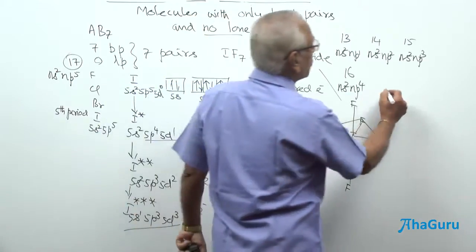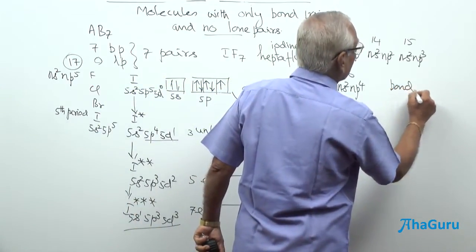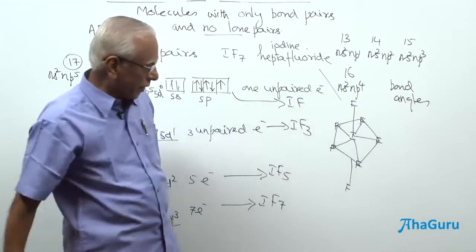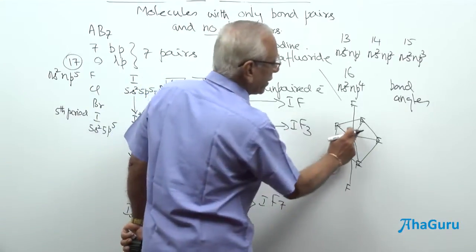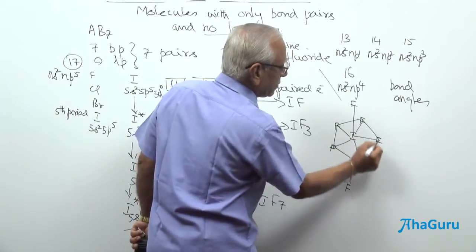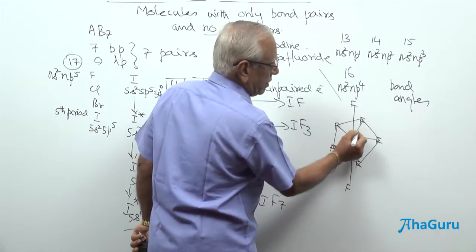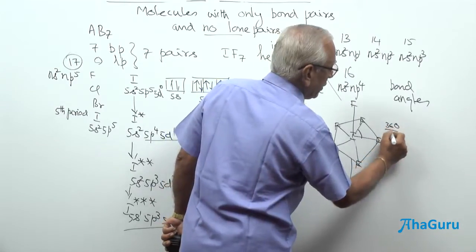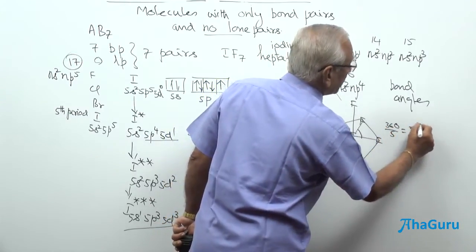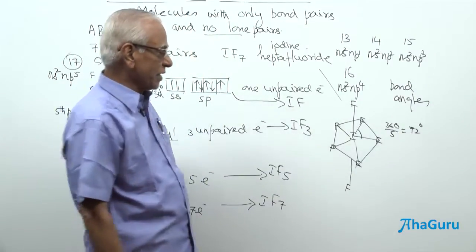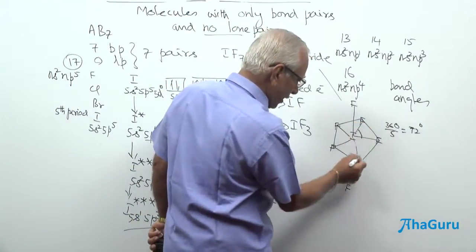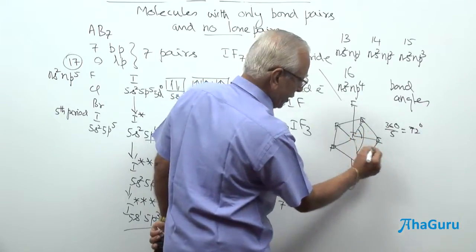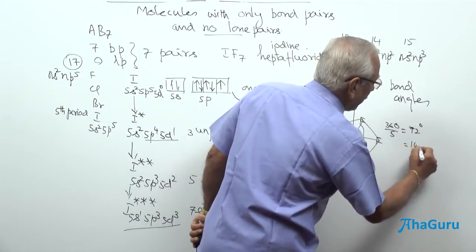Now, can you visualize the bond angles? That is going to be another important question. The bond angles between any 2 fluorine atoms. Now, what should be the bond angle here? 5 fluorine atoms. What should be the bond angle? 360. Therefore, 360 divided by 5, that should give you 72. So, the least bond angle should be 72. What should be the bond angle between the next ones? 72 plus 72 here, and that should give you 144.